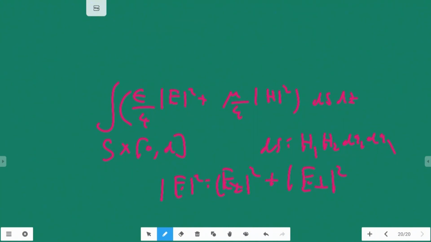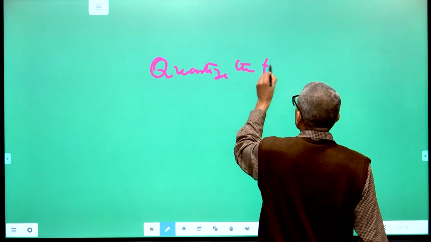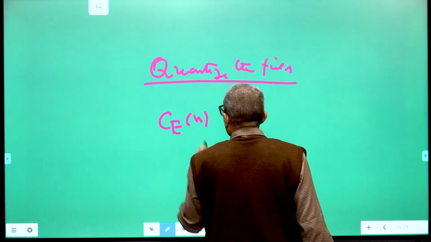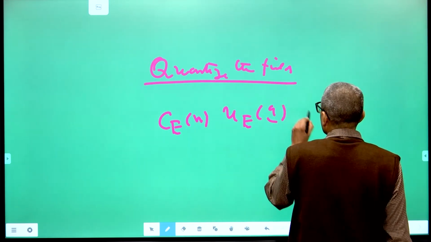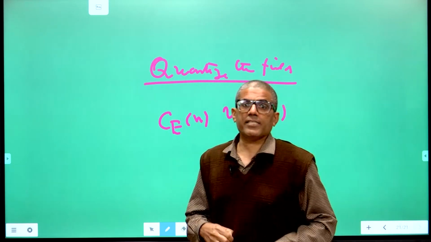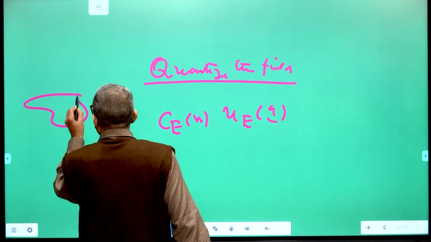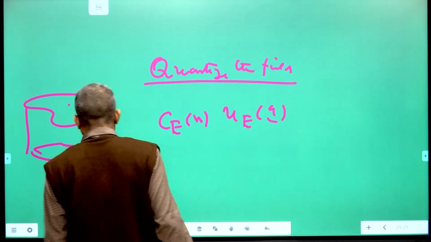So the idea is to get the Q factor entirely in terms of this. What happens when you quantize the fields is that the coefficients of the modal expansion become operators. So you are writing the modal expansion for the field within the cavity. You will also have to make the assumption that Ex and Ey vanish on the bounding surfaces. Ex and Ey, the tangential components of the electric field, vanish on the top boundary as well as on the bottom boundary. On the other hand, Hz vanishes on the top boundary as well as the bottom boundary.